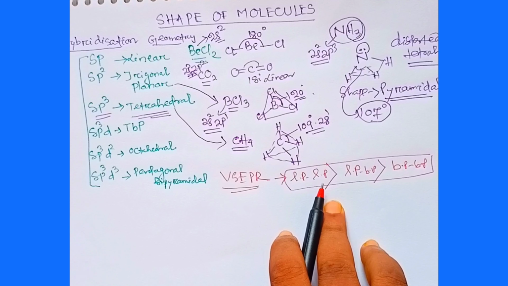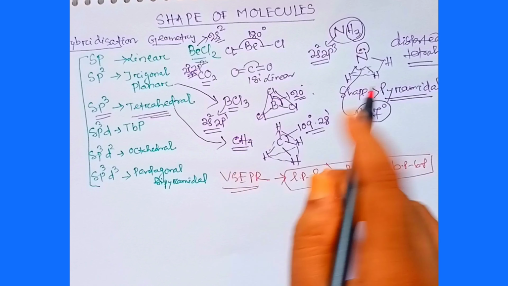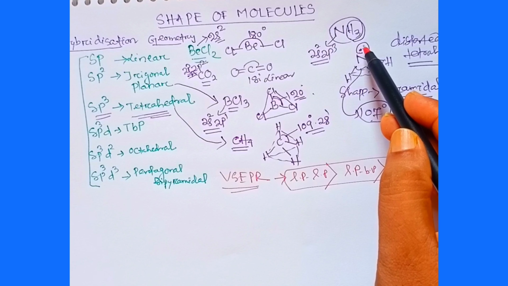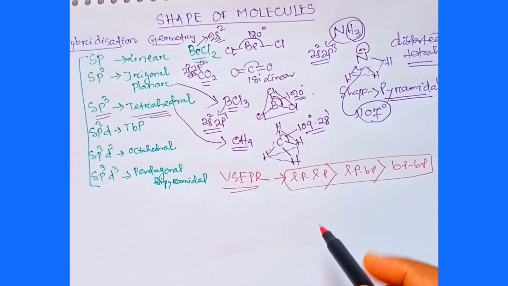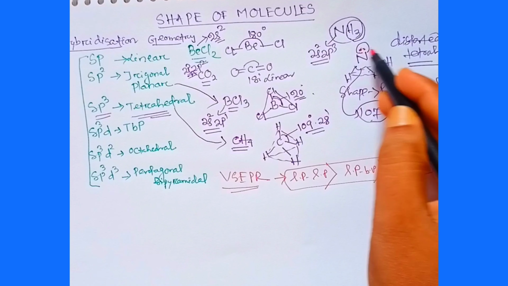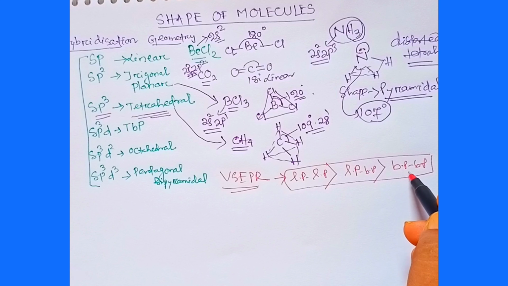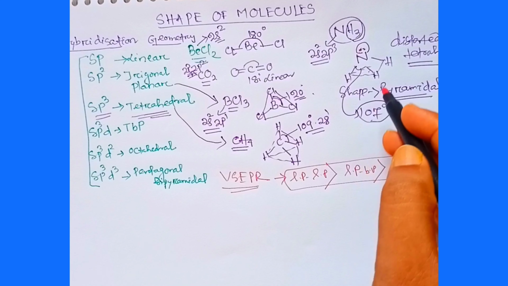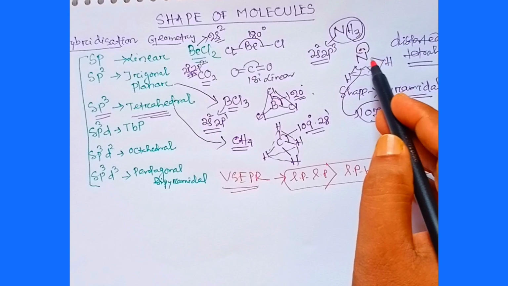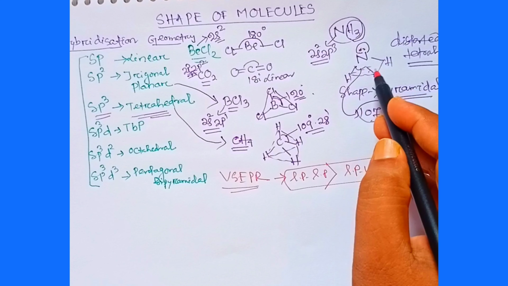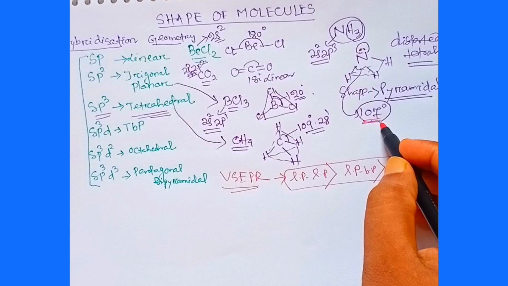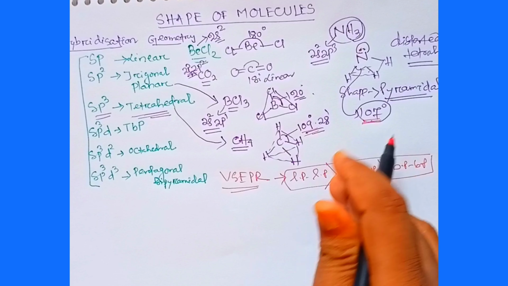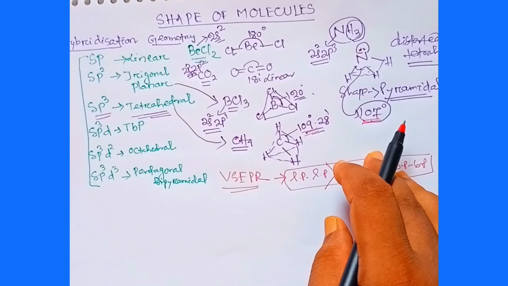But in case of ammonia, you see there is the presence of only one lone pair. So two kinds of repulsive force are operational here. One is the repulsive force between lone pair and bond pair, and the other is between bond pairs. And previously we know from the VSEPR theory that lone pair-bond pair repulsion is more than bond pair-bond pair repulsion. So this lone pair will repel the bond pair to some extent, so the molecule will be squeezed somewhat, so that the bond angle will be 107 degrees, a little bit less than the regular tetrahedral bond angle. So this is the shape of the ammonia molecule.